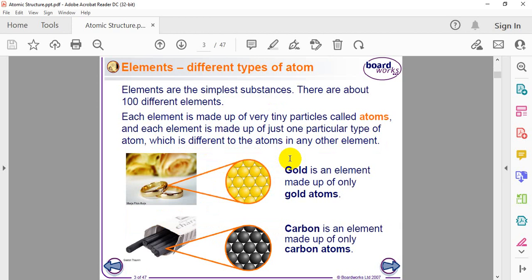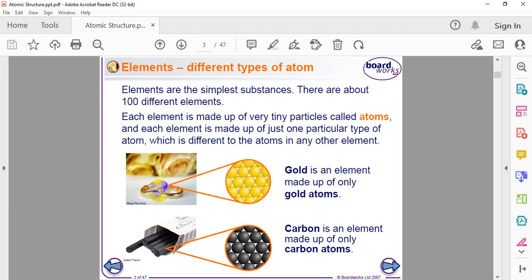What is an element? Elements are the simplest substances. There are about 100 different elements, and each element is made up of very tiny particles called atoms. And each element is made up of just one particular type of atom, which is different to the atoms in any other element. For instance, if I have my gold ring,